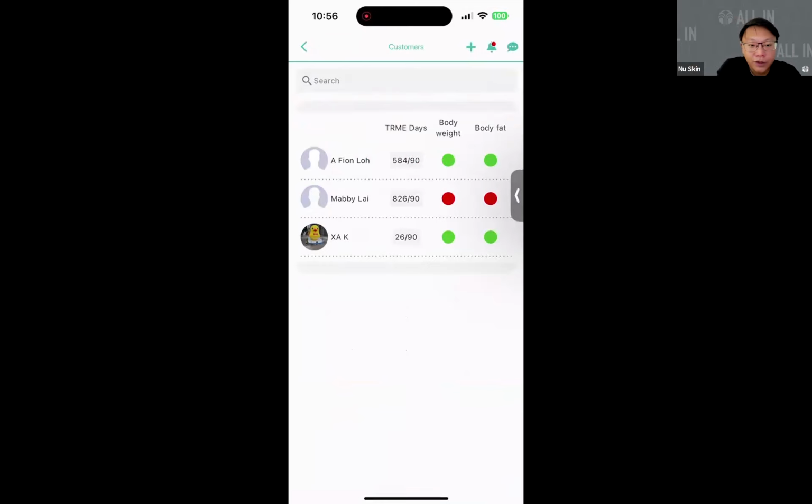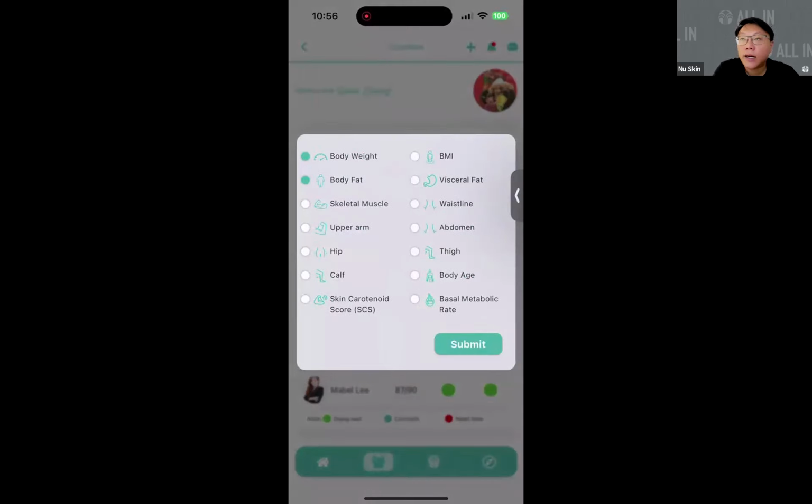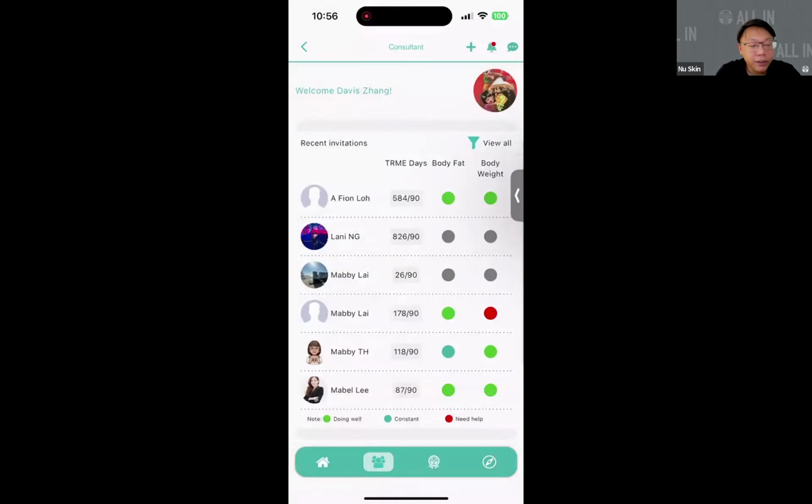How come Fion and XAK, which is showing green, also display as a result? It means that some of the other metrics that they have are actually having the red sign. So we need to go and look at it. It may be green for their weight and body fat, but there are some other areas that are displaying red.